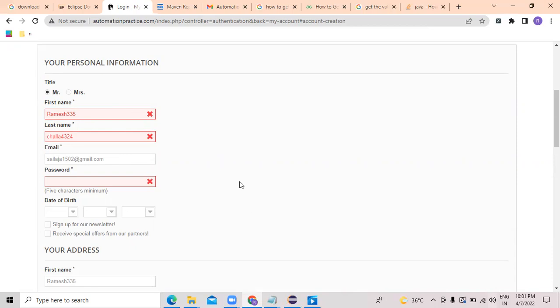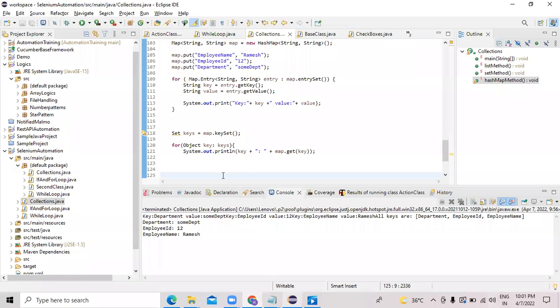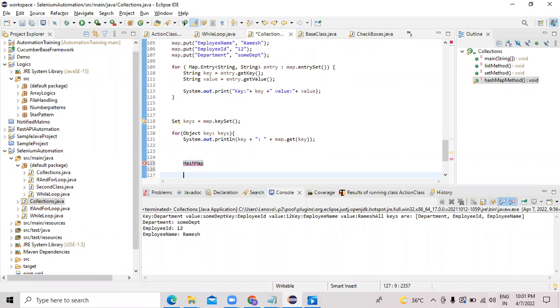So what you do is maintain the test data in some Excel file, or some external file. And in your code, you store all the data in a map. You create a map, and you do map dot put of, for example, first name, comma,